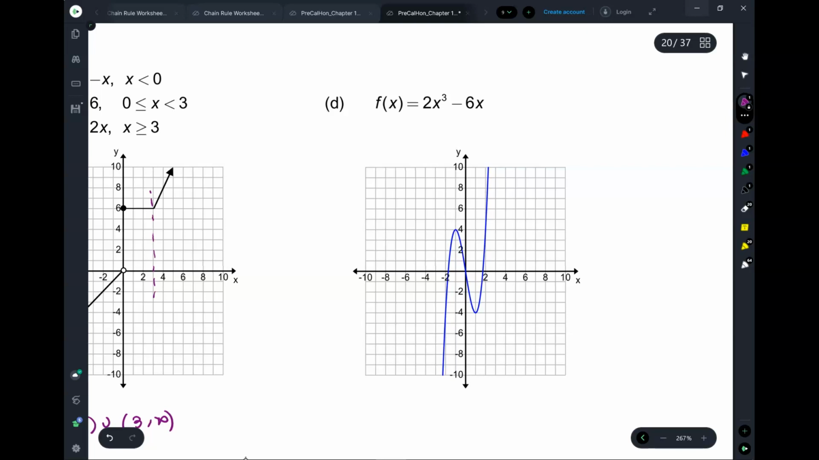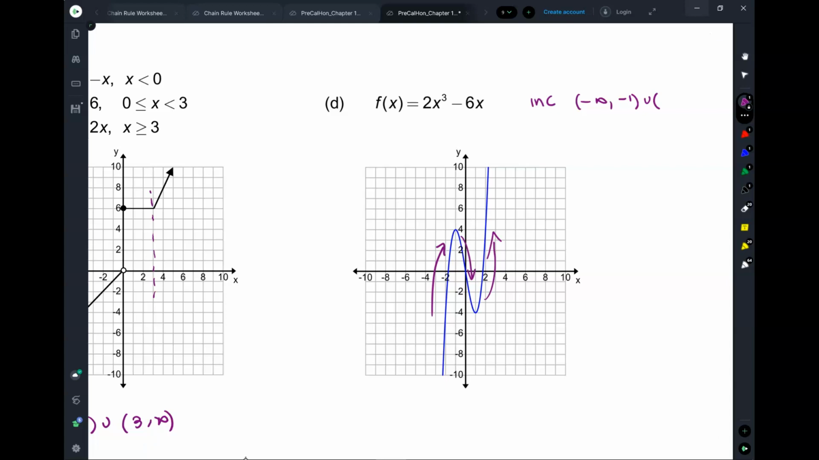Okay. So it's increasing, and then it starts to decrease. And then it starts to increase again. Okay? So this is increasing from negative infinity to what first? Negative 1. Okay? So another way, right? Okay, so from negative infinity to 1, and then it's decreasing, and then it starts to increase again from x